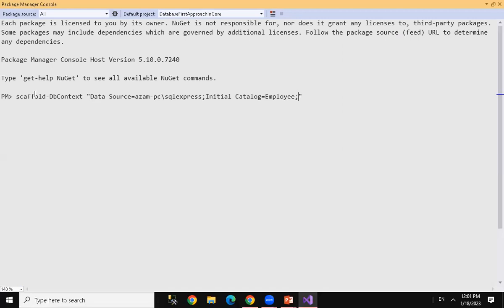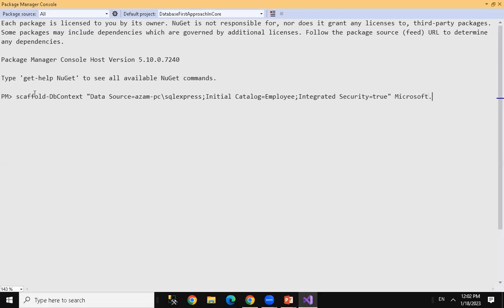And the last thing I'm going to write here is Integrated Security=true, because I want to log in through Windows authentication. If you have a user ID and password, you can write the user and password also, if you are logged in with SQL Server authentication. Now you just say true. Then after specifying this, you need to provide the provider name. So the provider name is Microsoft